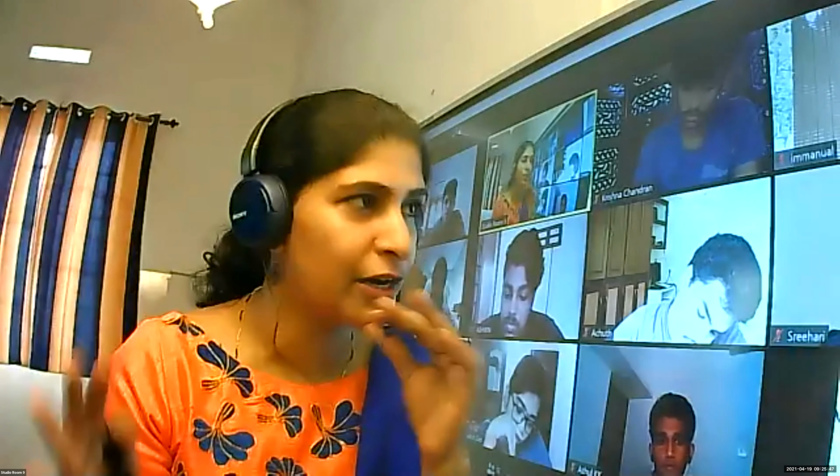Then who else is left? Srihari, I did not ask you a question. Srihari, the question is, what is a foreign key constraint? Creates a link between two tables. Okay. When we create a link between two tables, what is the condition? The specified column of one table will be the primary key, the other will be foreign key. The particular column should be a primary key of some other table. Only then you can make it a foreign key and create a foreign key constraint.